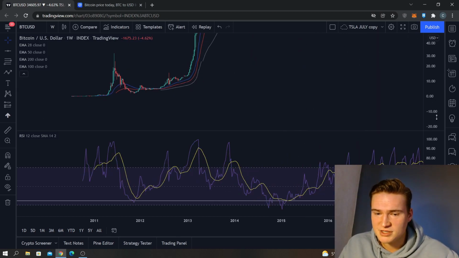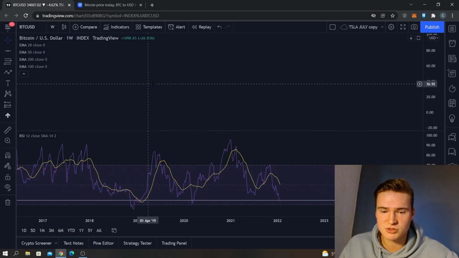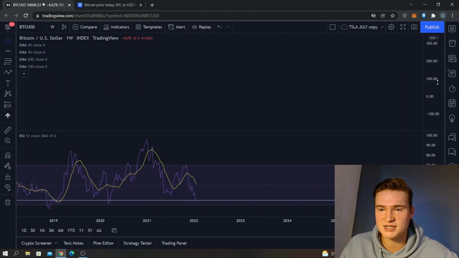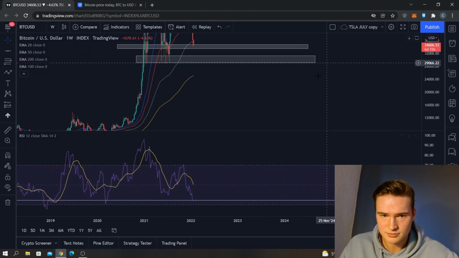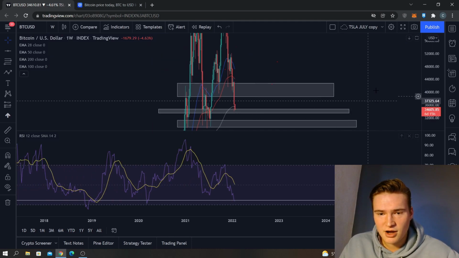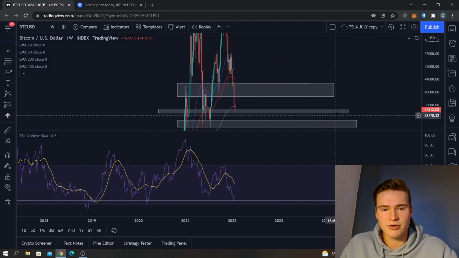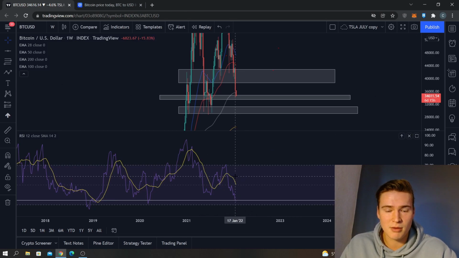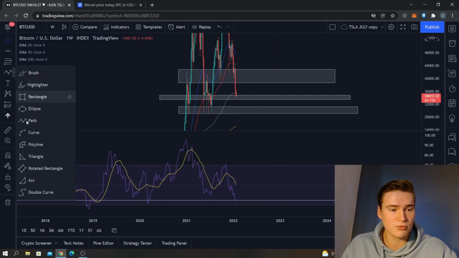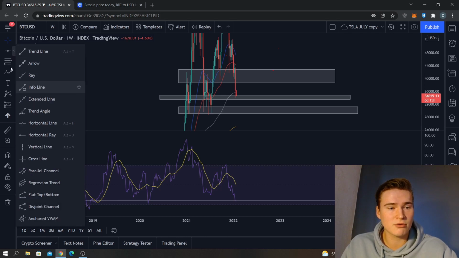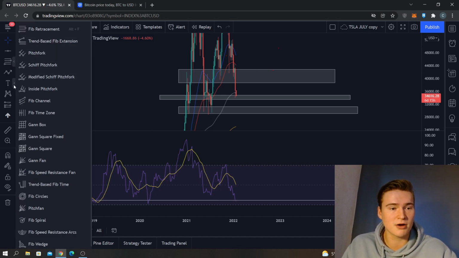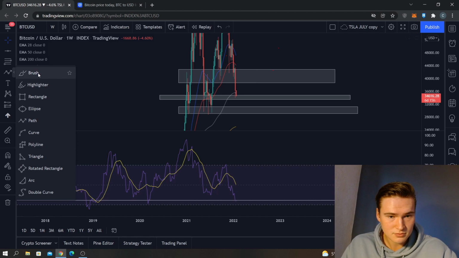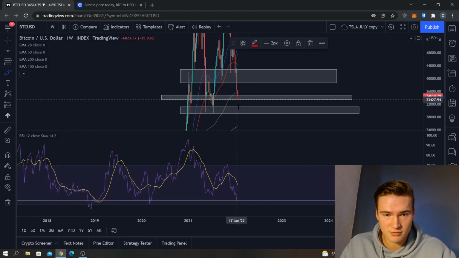So now that we have established that, we have, as I said, a very small sample size of 5 or 6 times earlier that it happened. But considering everything that happened, the worst case scenario, and I must say that the RSI then dropped down a little bit further. So every time, or almost every time the RSI reached this level, it dropped down further. And what that would mean is that Bitcoin right now and the whole crypto market will dip down a little bit more as well. So what would be the obvious support?